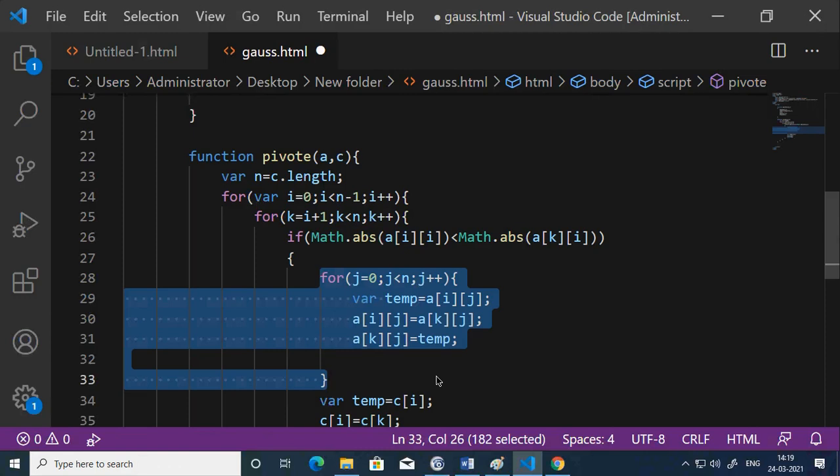So if you have understood the logic of pivoting, you can type P please. Quickly, you can type P please if you have understood the logic. Or if you have a question, you can ask.